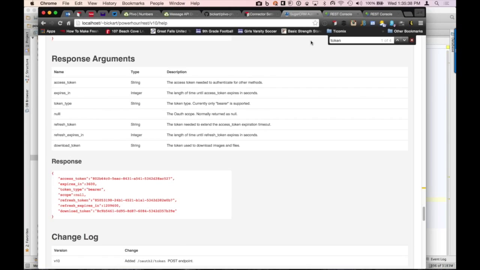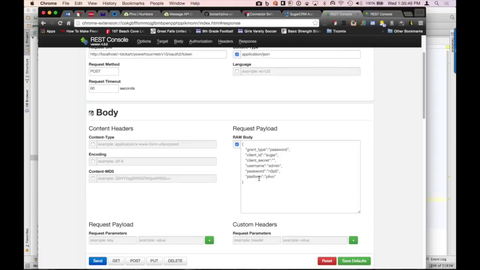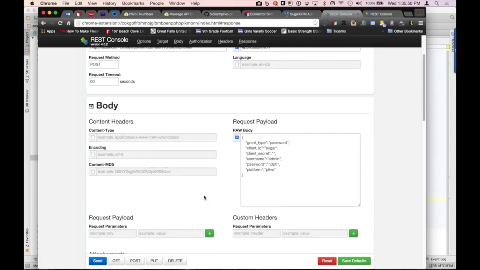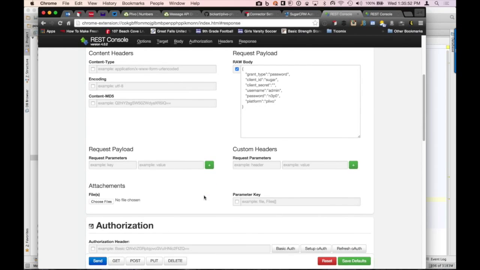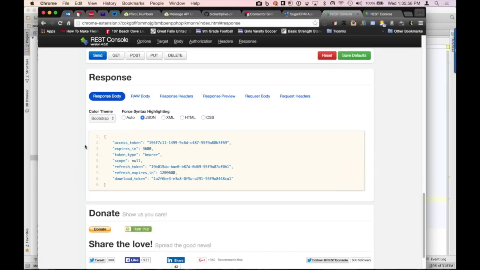So I'm actually going to go right on over here. I'm looking for a password grant. It's a Sugar client. I have no secret. I have a username, a password, and I actually provided a platform that I'm using, which is Plivo, so I don't log anybody else out. I'm going to post this. And when I post this, I get a response back, and the response gives me a token. So I need this token in order to be able to do the next thing, which is actually test my